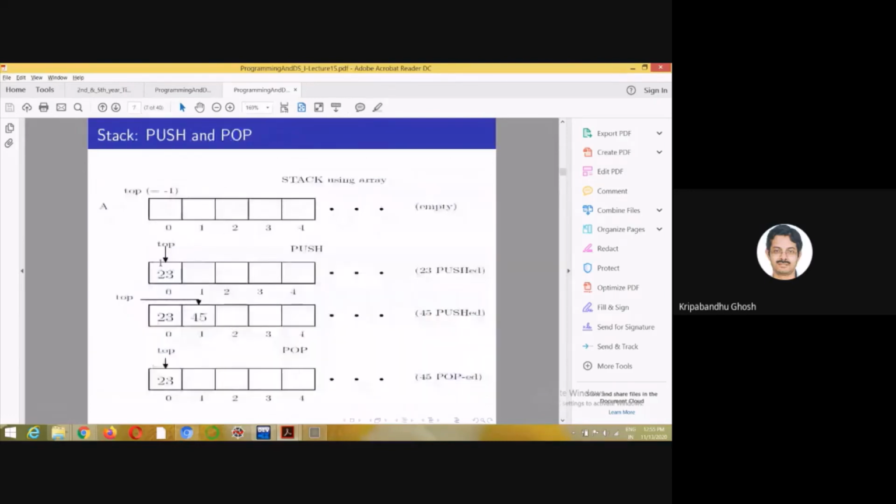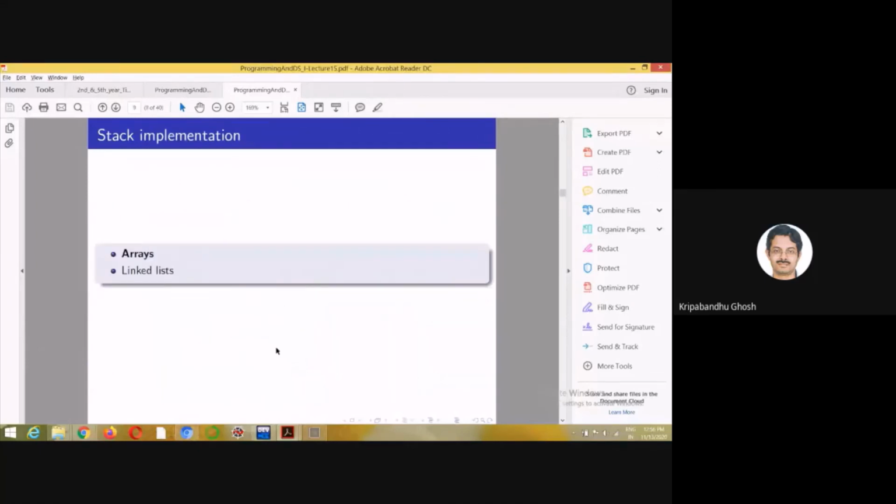For a change, I'm not going to write the code of stack now. I will give you a couple of days' time, starting from today. By Monday, you should be able to implement the stack. I already showed you the examples of push. You should be able to understand.